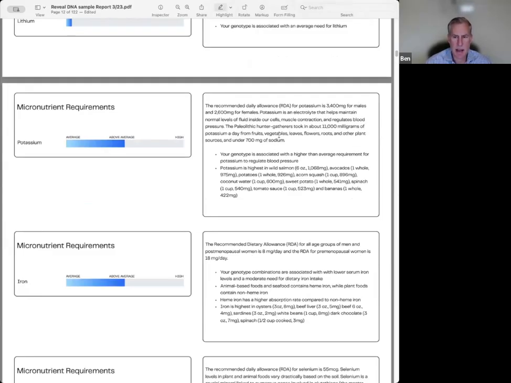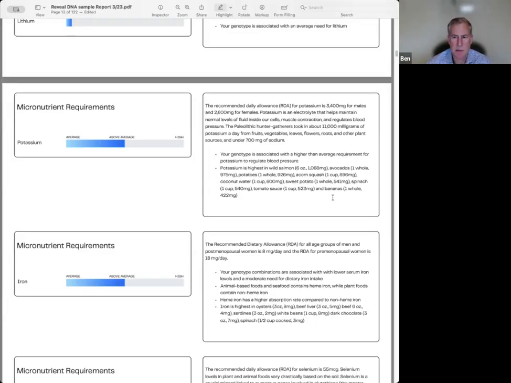Historically, the hunter-gatherers took in about 11,000 milligrams of potassium a day from fruits, vegetables, leaves, flowers, roots, and other plant sources, and under 700 milligrams of sodium. So they had a very high potassium-sodium ratio. And that really gets inverted in this country very often on a daily basis with a high level of sodium intake relative to potassium. However, you can see some wonderful foods rich in potassium,